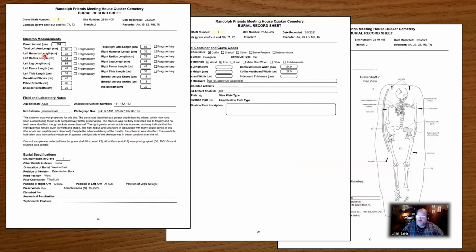Each bone is measured in detail, and then there's a good description of the condition of the remains, age estimates, sex estimates, all the photographs we took of it, and where they are. On the back, it talks about whether there was a coffin, what kind of coffin, what materials we saw, and the widths and dimensions of the coffin, and things like that. And then finally, we did plan view drawings of all the remains